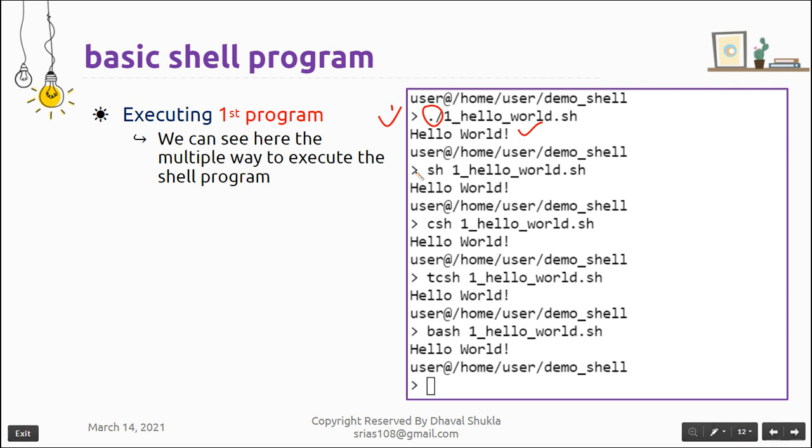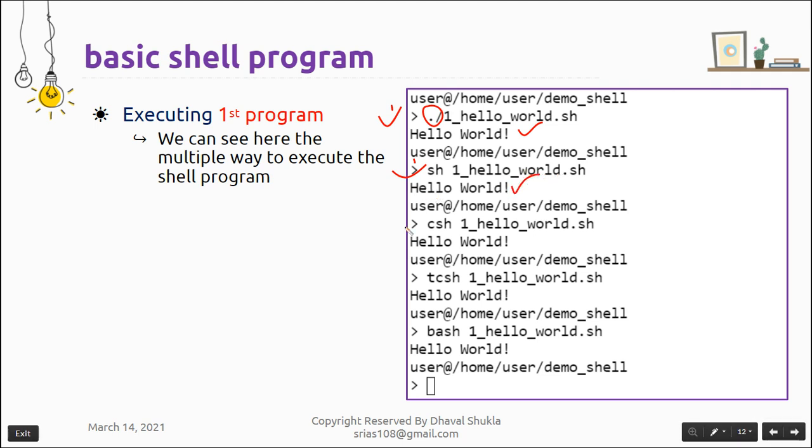Now there is another way. Since this is a very straightforward basic program, the syntax is the same, so we can execute it with sh: sh space 1_hello_world. In this case, if we press tab after sh space 1_, even if the file is not executable it will be completed with the full name, but it has to be executable to run. Now hello world is written.